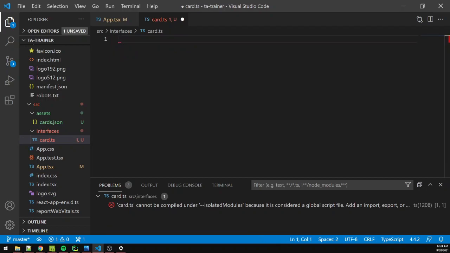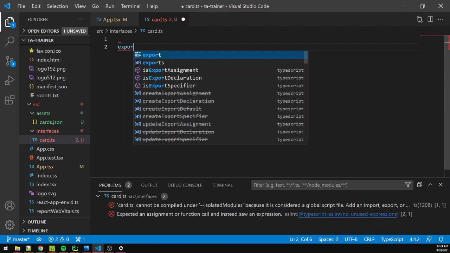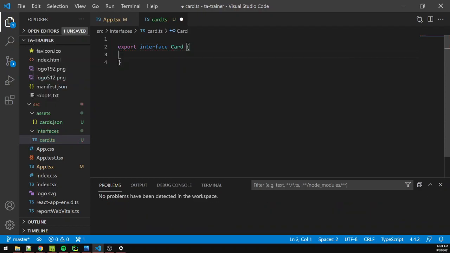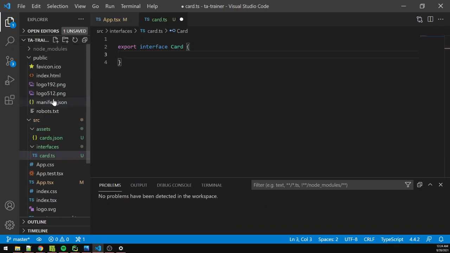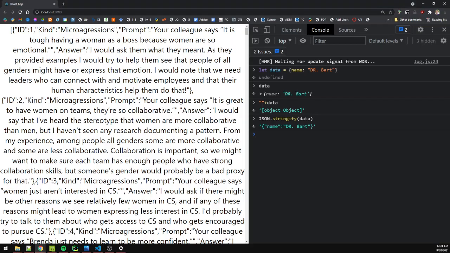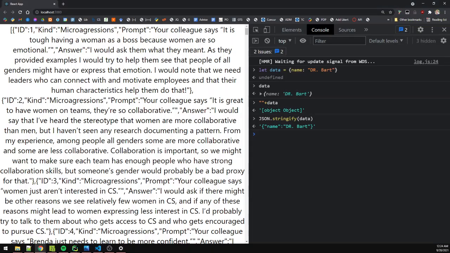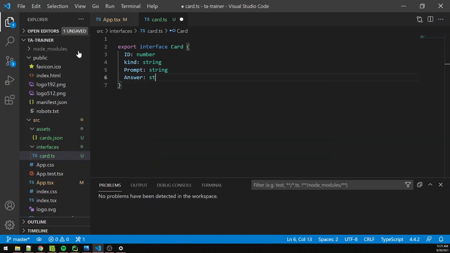Instead, this is just going to have a regular type description, and in particular, it's going to be a new interface called Card, where a card, according to our data model, has an id, which is a number, kind, which is a string, prompt, which is a string, and answer, which is a string. And we're going to start using TypeScript here, so I actually might even go further